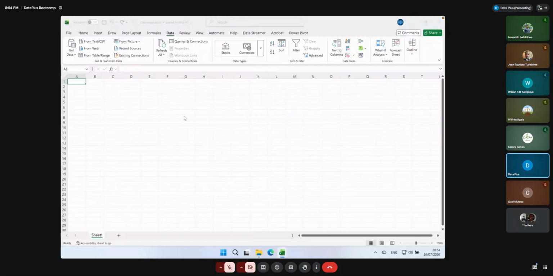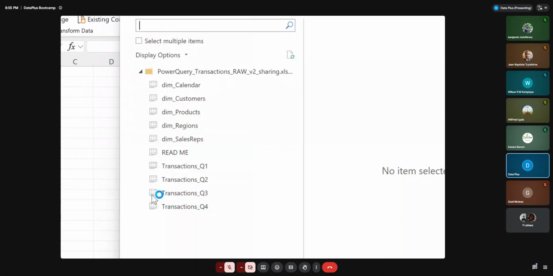Then at the end of the day, Excel is going to bring you this. So what do you want to import? You see that this table, this and this and this,